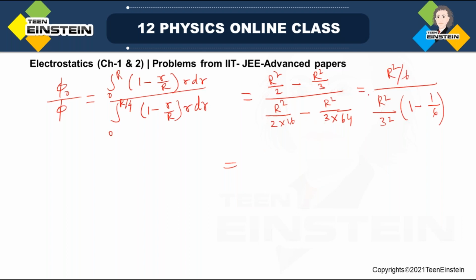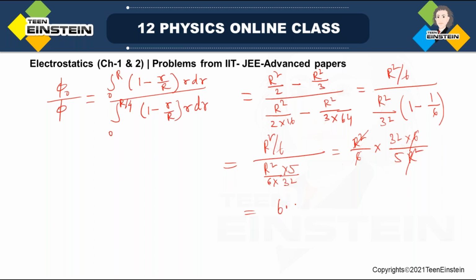So r square goes off, and this is r square by 6 into 32, into 6 by 5 into r square. Okay, so this goes with this, and it is 6.4. Okay, so this is the ratio